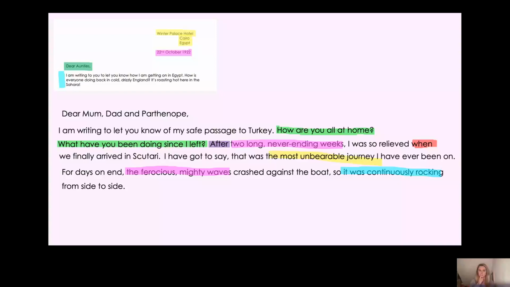Okay, now what do I want to put at the very end? Well, I want to put an exclamation sentence to tell them just how I felt on that boat, to really let them know what the journey was like. So I've chosen to use an exclamation sentence. So I've got how as my first word. And then after how, you have to have an adjective, don't you? So I've put how seasick I felt. And look, I've even remembered the exclamation mark at the end.